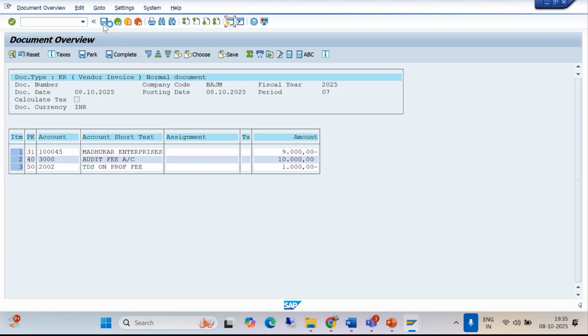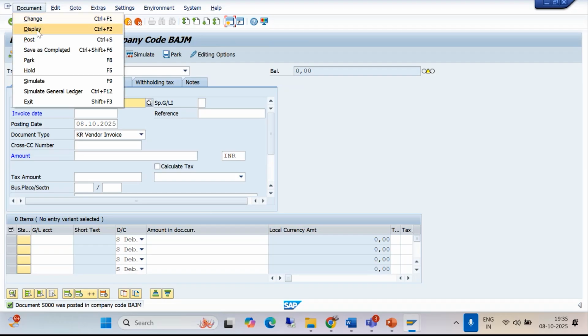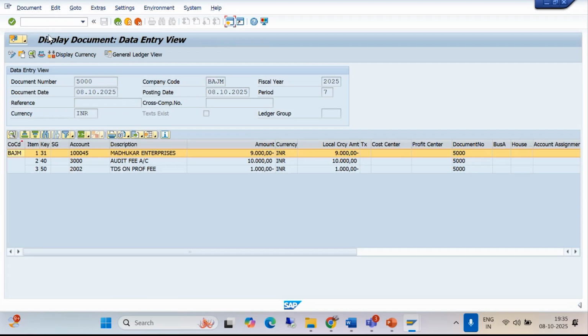So we have given the narration, and what we have to do is save it. The number 5000 which was given by us has been generated from the number range. Understood? If you want to see the display, you can see it again like this, elaborately, with the document number and all those things. And if you want to see the report,